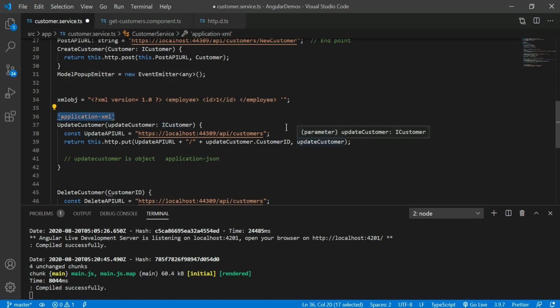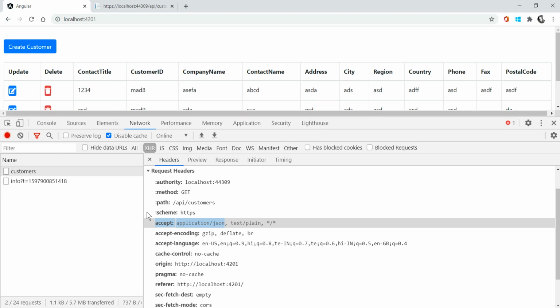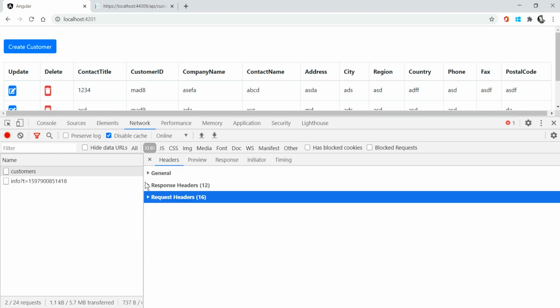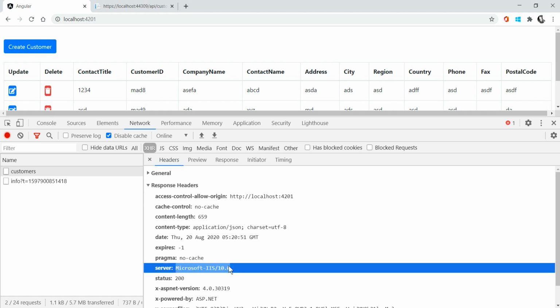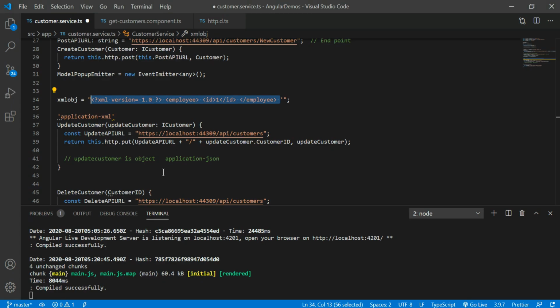Once you send the XML object to the web server, here the web server is IIS. If you see in the response headers, the server is Microsoft IIS. This server needs to understand that this is XML format data, and should not treat it as application JSON. So you have to tell IIS that this is in the format of application XML.